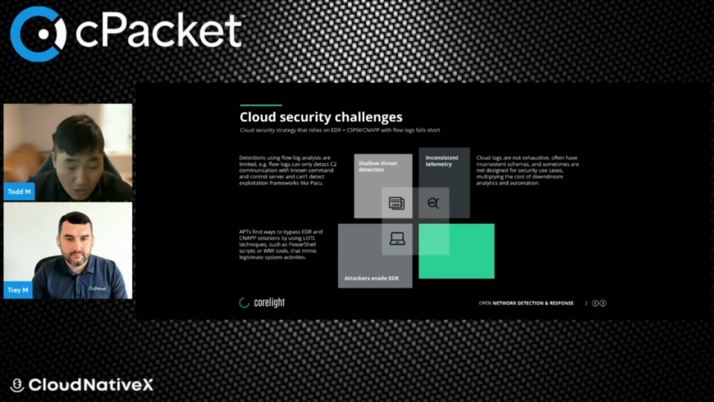The network layer is always there. And the network layer is something that's a bit immutable, so we can see everything traversing across your network when deployed correctly. One thing to point out across different clouds, that some people aren't aware of, is that